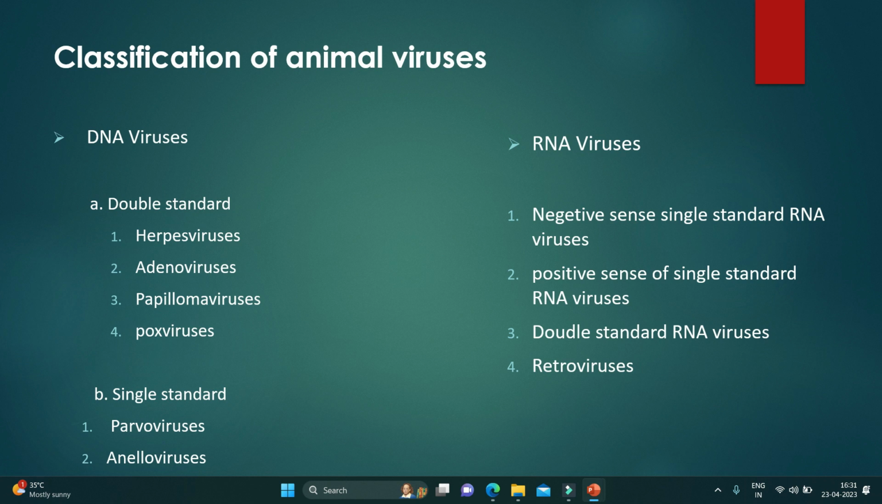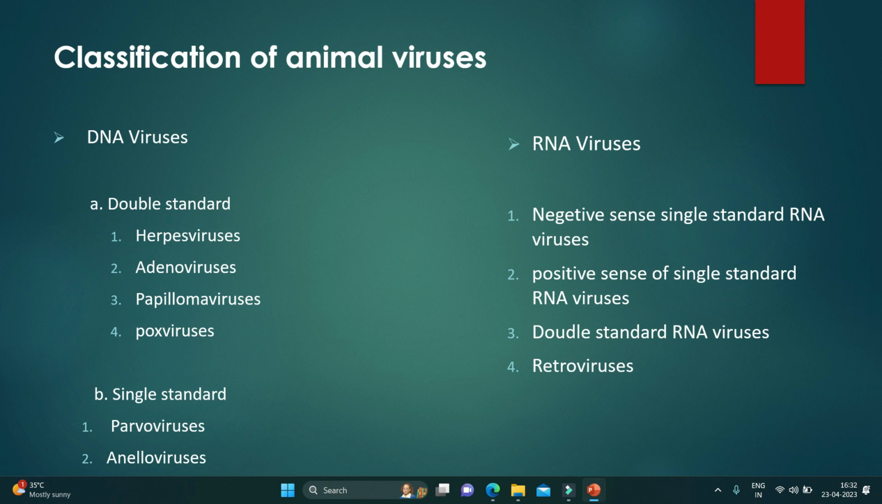Classification of animal viruses. Classification of animal viruses on the basis of genetic material: DNA viruses and RNA viruses. Classification of DNA viruses into double-stranded DNA and single-stranded DNA. Double-stranded DNA, first one is